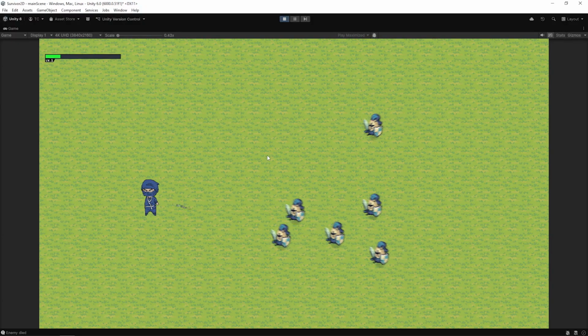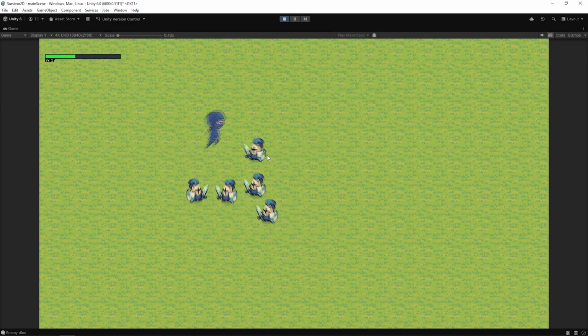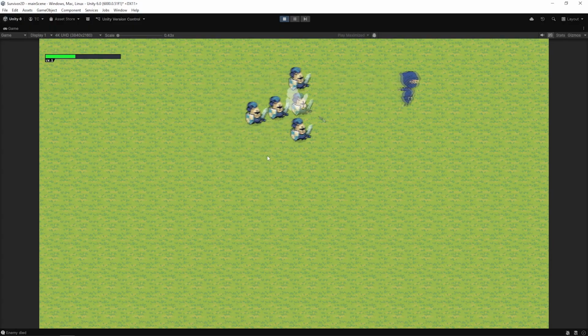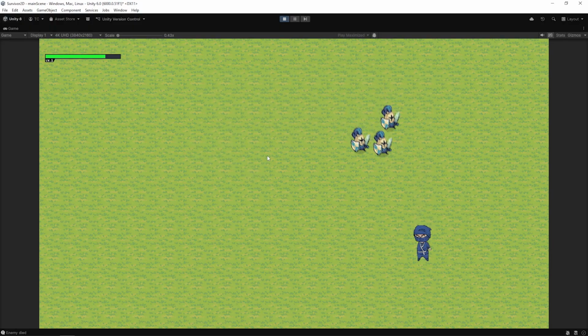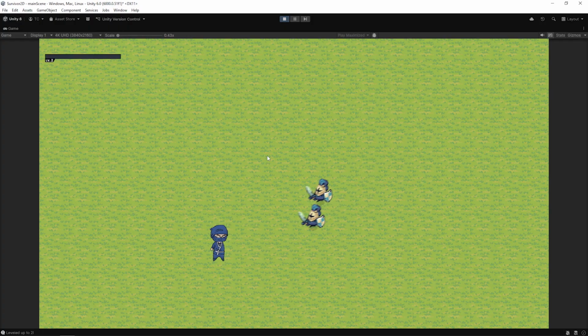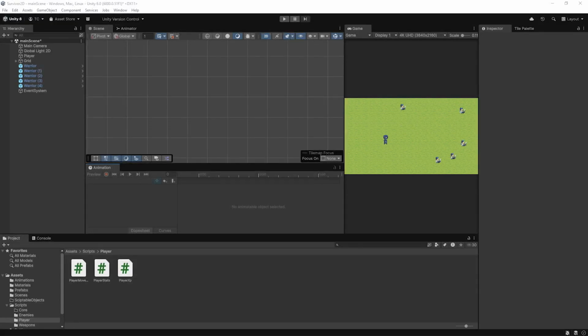Now that we have our leveling system working behind the scenes, it's time to display it on screen with a proper XP bar, just like the one in Survivors IO. The XP bar will fill up every time we gain experience, and when it reaches the maximum, it resets and shows the next level. I'll start by creating a new canvas for the HUD, then inside it I'll add an